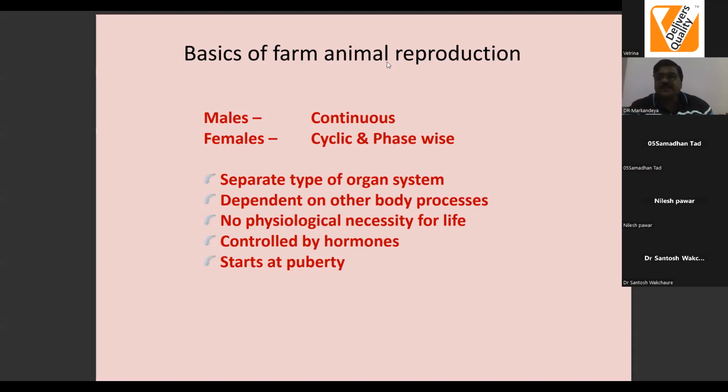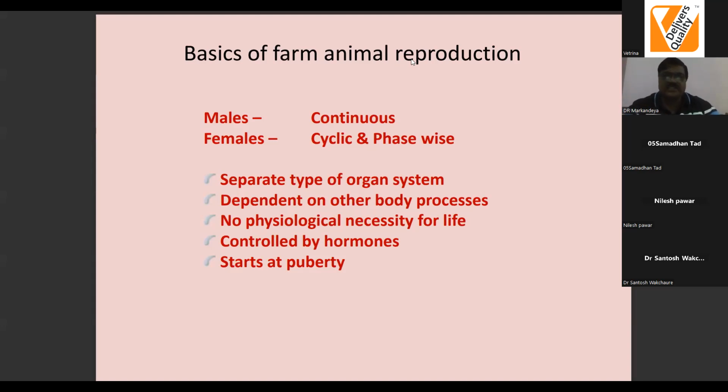Neurohormonal control is required. So the nervous system and the hormonal system play a role in the functioning of the reproductive system. Important thing is that hormones play the role of a wireless system, and the nervous system plays the role of an electrical system. So electrical system and wireless system, neuroendocrine control is most important.